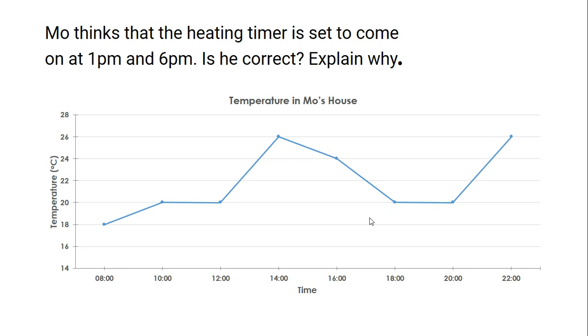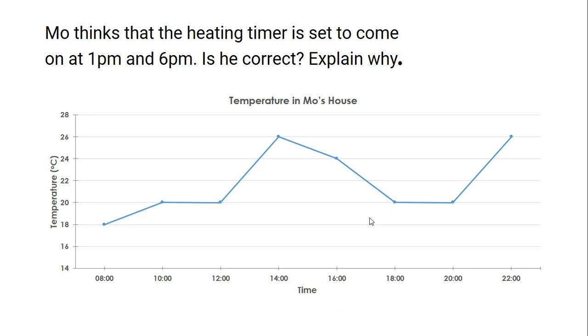Finally, we've got a reasoning question. Mo thinks that the heating timer is set to come on at 1 p.m. and 6 p.m. Is he correct? Explain why. The title is Temperature Mo's House. The vertical axis on the left is temperature in degrees Celsius. But on the bottom we've got the time, but that's in 24-hour clock, which is going to be a